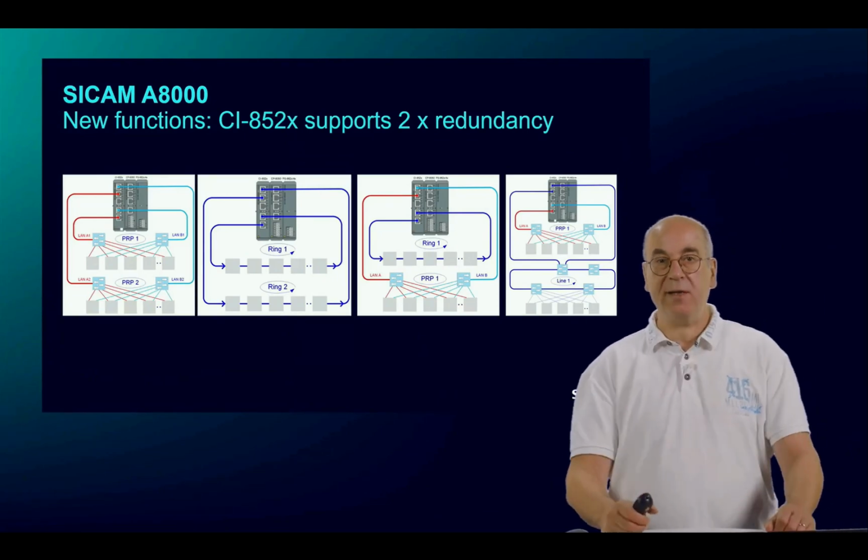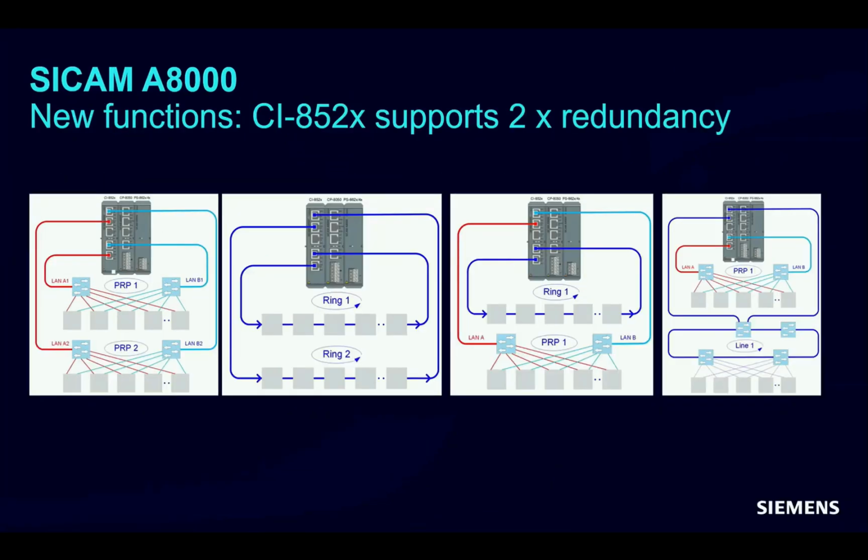It's now possible to define two physical Ethernet interfaces, each working as a pair, and assign to each pair the needed redundancy algorithm. That could be the same for both pairs. In the slide shown in the first two pictures, 2 times parallel redundancy protocol, or 2 times high seamless redundancy protocol, or respectively 2 times rapid spanning tree protocol. But of course, it is also possible to define a different redundancy algorithm for each pair, shown in the next two pictures. 1 times HSR or RSTP and 1 times PRP, or 1 times PRP and 1 times dual homing, or